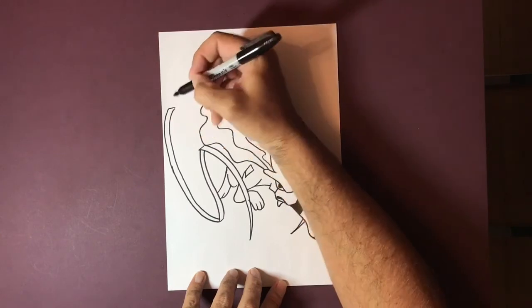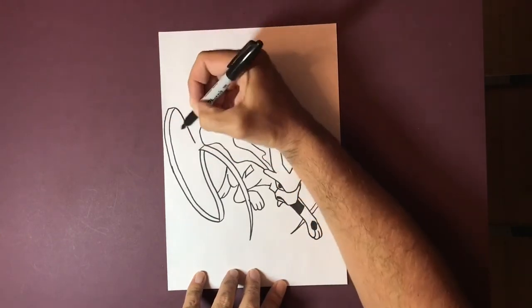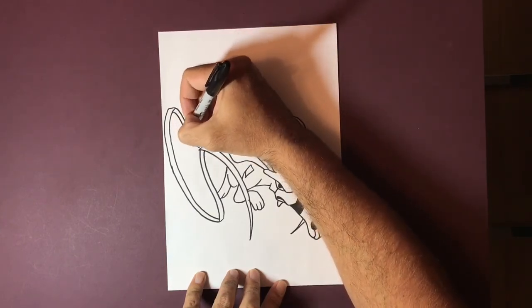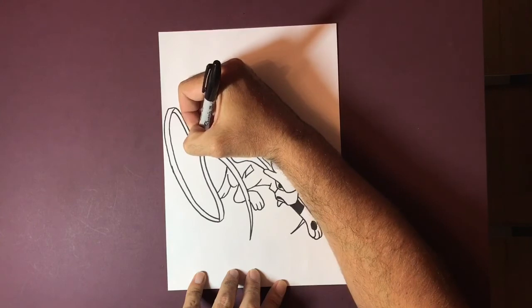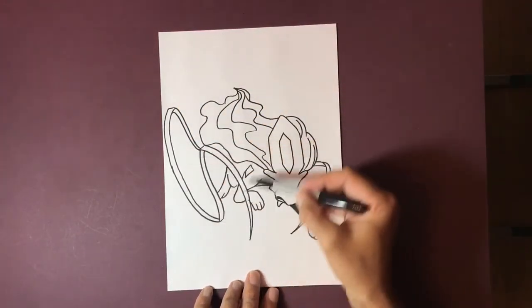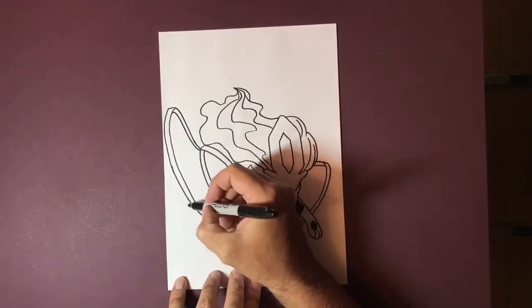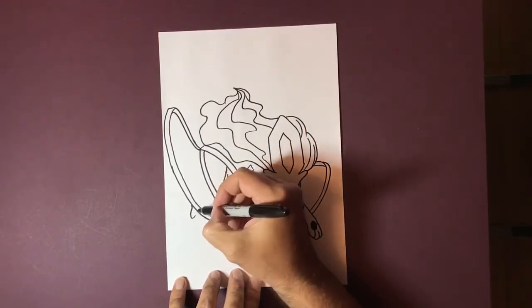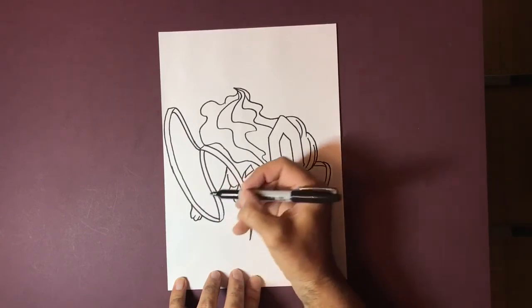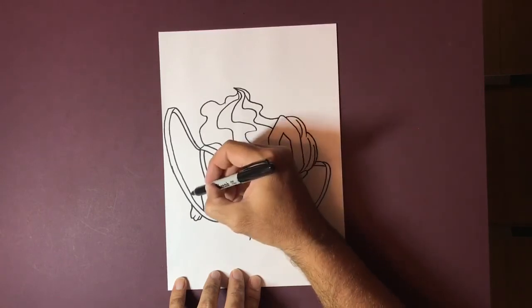Just levelling the top off there, just so that it gives the impression that it's coming back in on itself. And this comes in to this area. There we go. So now we're going to look for this rear leg, the one facing us. It's going to be bigger than the one behind, because we've got that perspective. We've got another paw there with 3 toes on, coming into the leg,